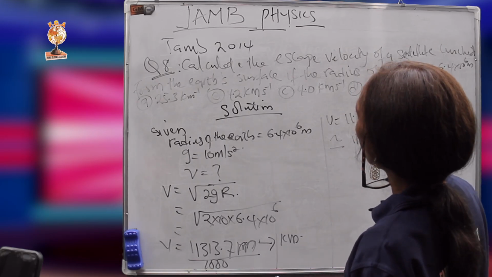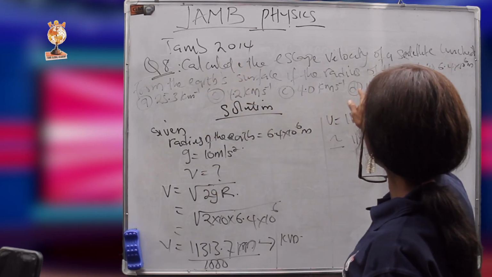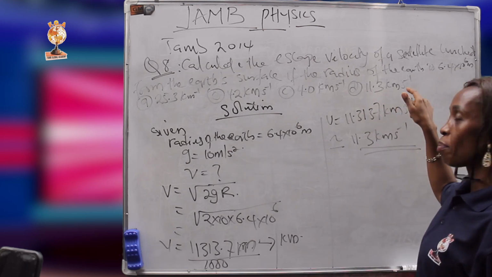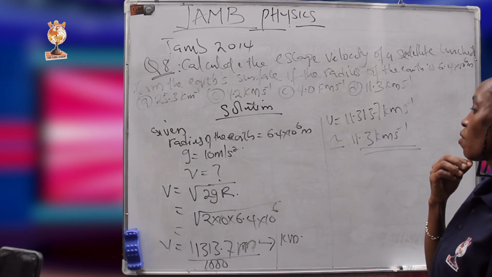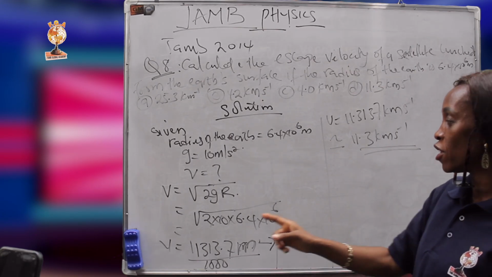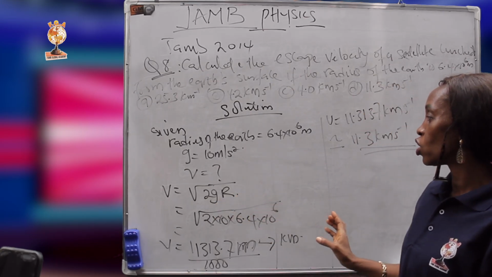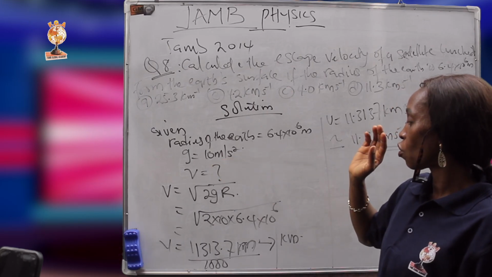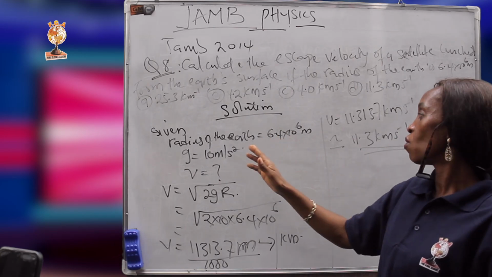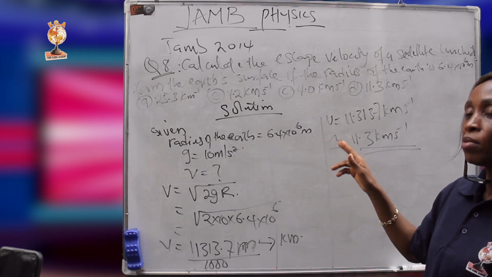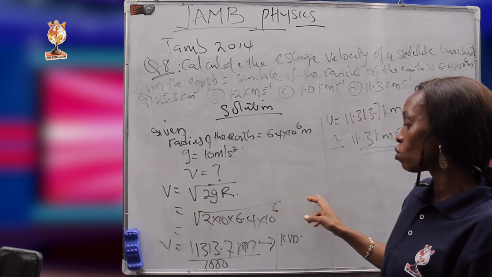So the question, question number 8 in 2014 JAMB, the answer is D, 11.3 kilometer per second. Remember I said the escape velocity of the earth has the formula v is equal to the square root of 2gr. So input it into the formula. I'm looking for v. g is equal to 10 meter per second square. The radius is 6.4 times 10 to the power 6 meters. If I multiply together and find the square root,